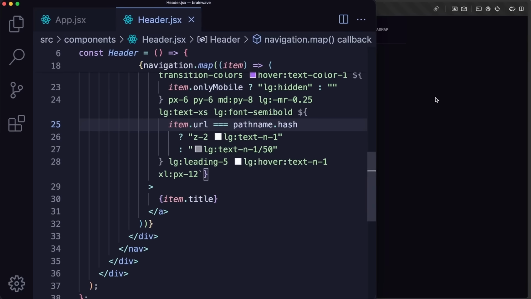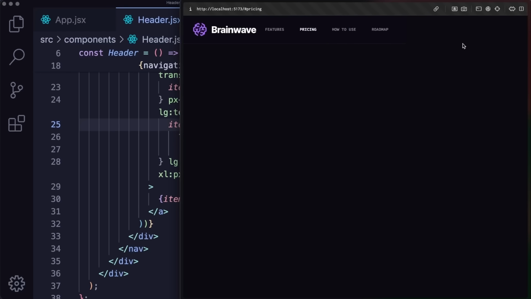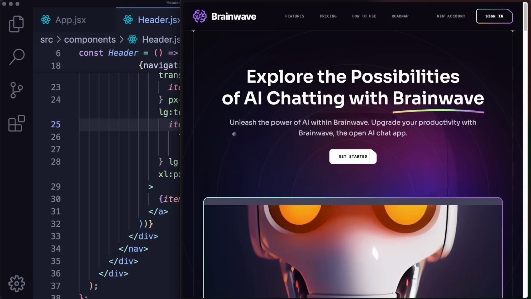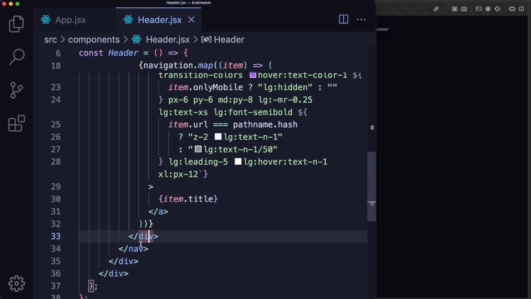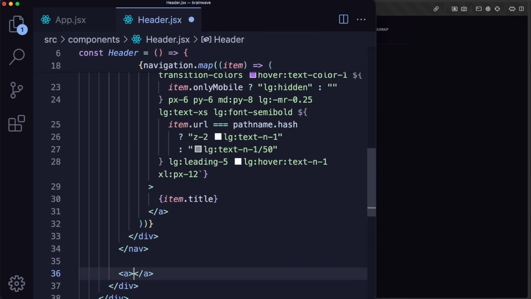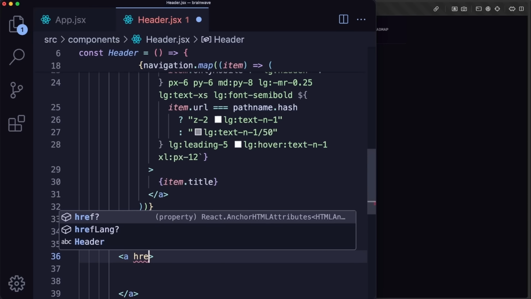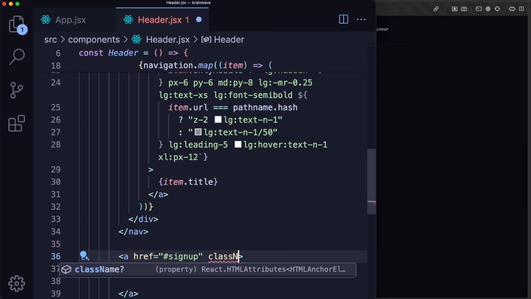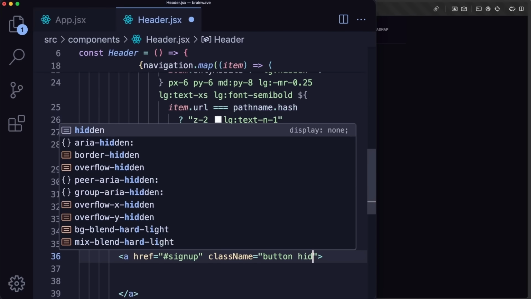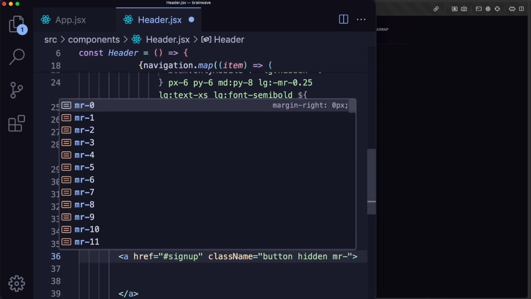Great. Finally, on the right side of the screen, we want to have a sign up. We're trying to replicate this. We want to finally use this reusable button component we created not that long ago. So we can head over below our div and below our nav and create another anchor tag that will have an href equal to #signup, and it will have a className equal to button, hidden, margin right of 8,